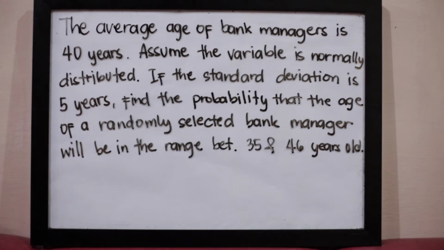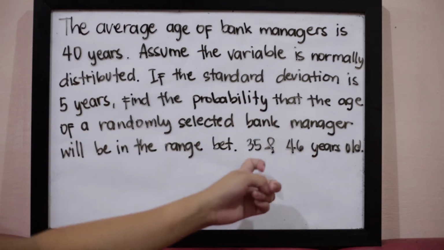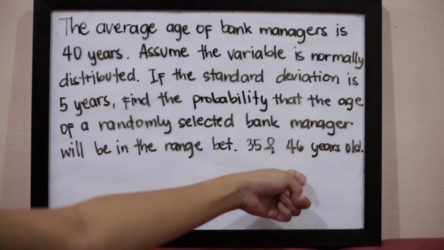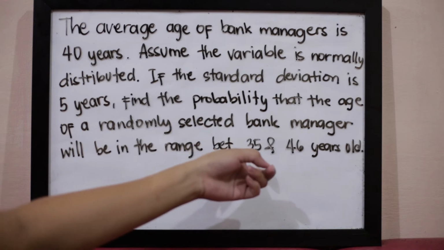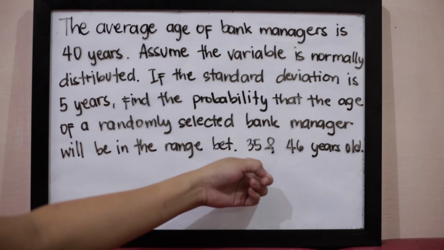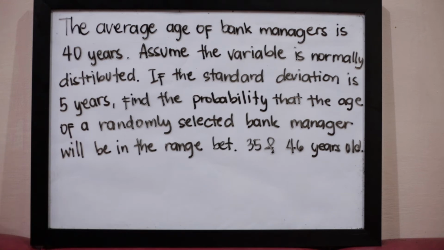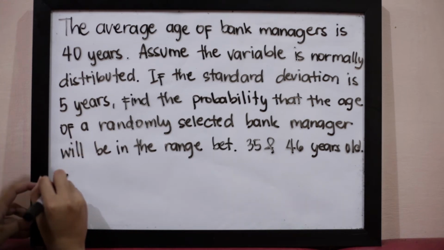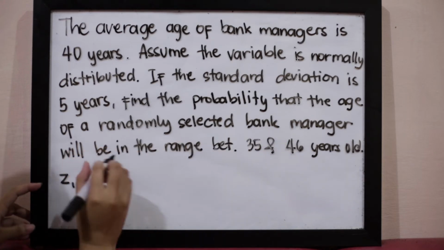So, same with problem number 1, the given values are in raw scores, so you have to get the equivalent z-scores. And if you will notice, we have two given raw scores, 35 and 46. Meaning to say, we have to get two z-scores: the z-score equivalent to 35 and the z-score equivalent to 46. So, we will have z sub 1 is equal to, for 35 first, we solve for